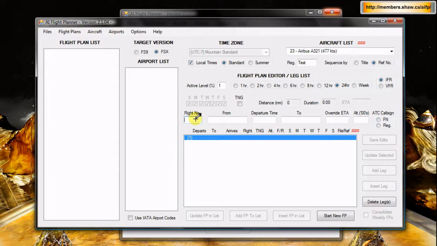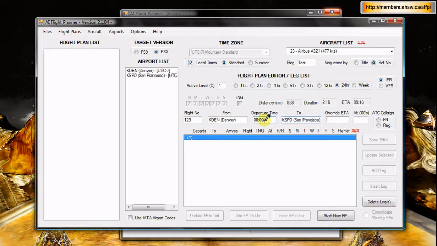Now you can choose what you want your flight number to be. I'll just make it whatever. You can just do 123. Now we're gonna have it go from somewhere. So we'll go from Denver, and up here you'll see it adds that to the list. Once you progress to the next box, it knows the time zone and everything for local times. We'll give it a departure time. We'll say this doesn't need to be in military time, so we'll go 0800 for 800 hours or 8 in the morning. Then we'll have it go to